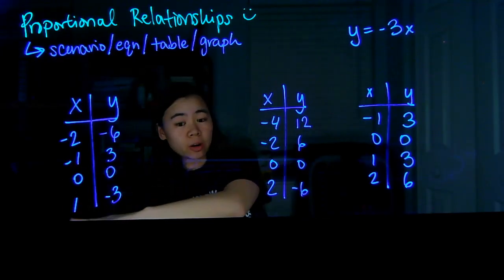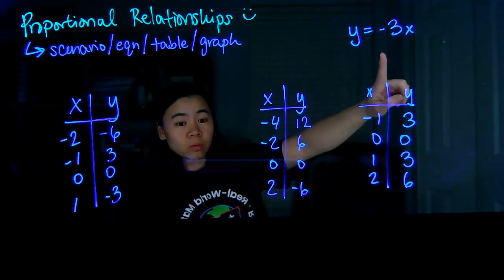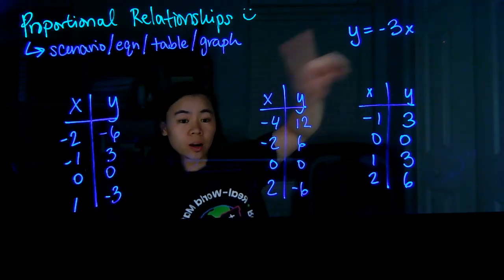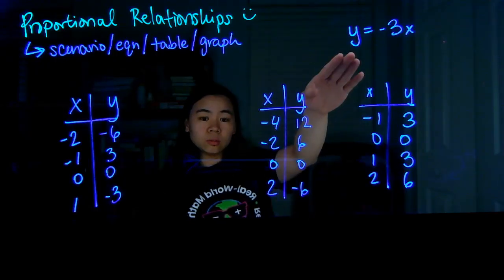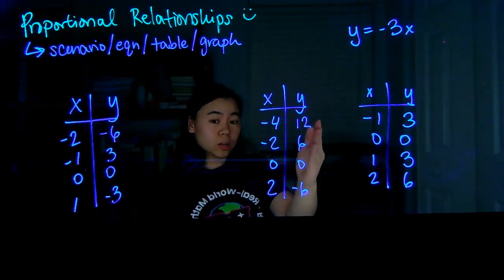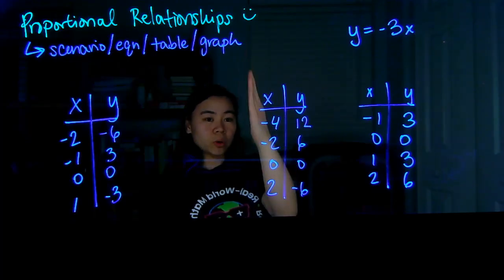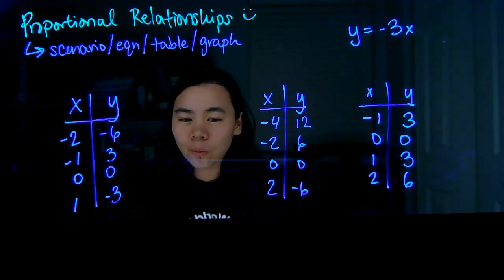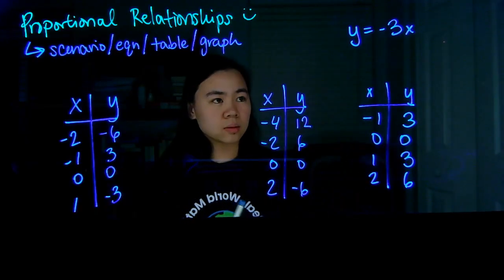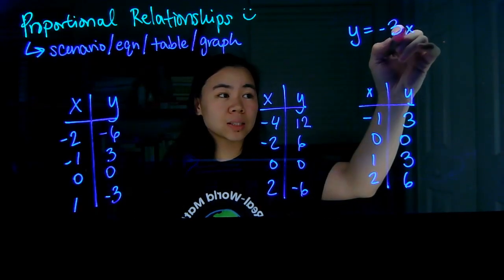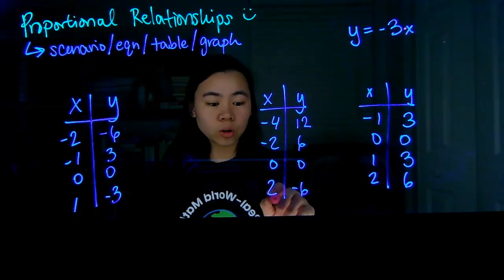Now, which one of these graphs represents the same relationship as this equation right here? Y equals negative 3x. Your equation tells you what's happening going across from your x to your y. So your y is negative 3 times x. That means going across, which one is